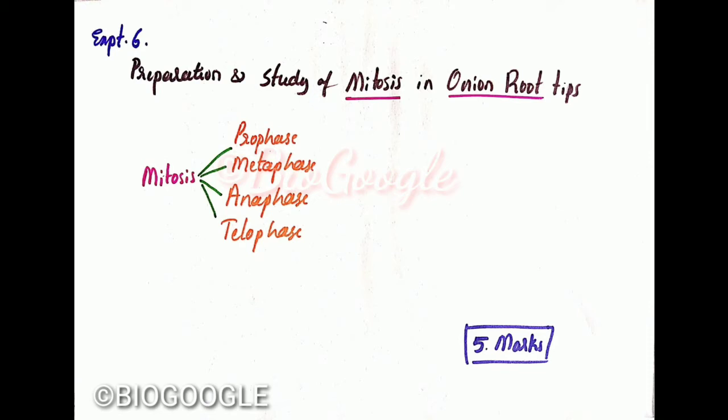In the first question and third question we may have choices, but in the second question you will have only one option, that is mitosis using onion root tip. Here we are supposed to show the examiner any one of the phases like prophase, metaphase, anaphase and telophase. So it is a very important practical for this examination, and it carries 5 marks.